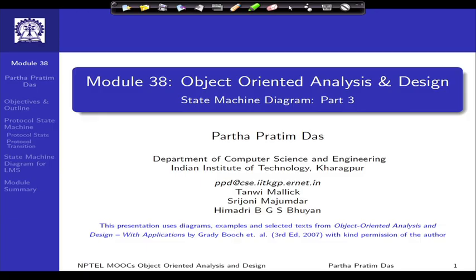Welcome to module 38 of object oriented analysis and design. From the last two modules, we have been discussing state machine diagrams. These are UML behavioral diagrams, which are very important in defining and capturing the discrete behavior of a system in